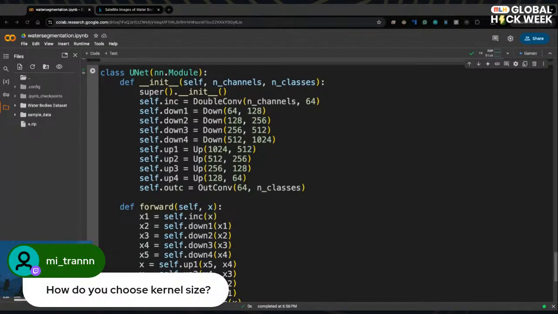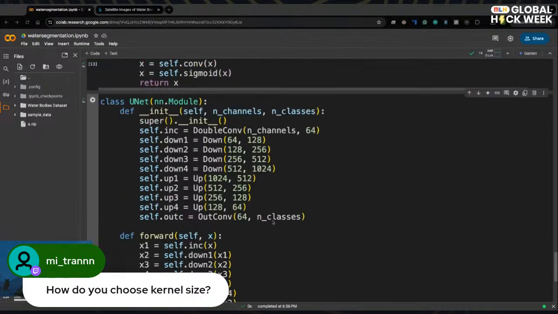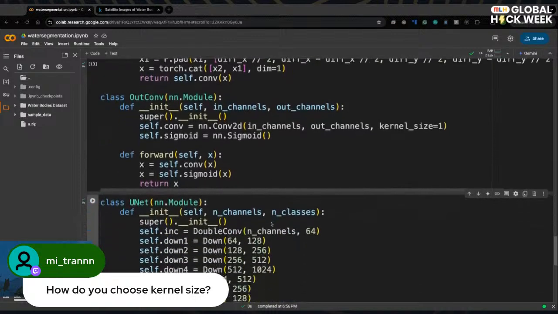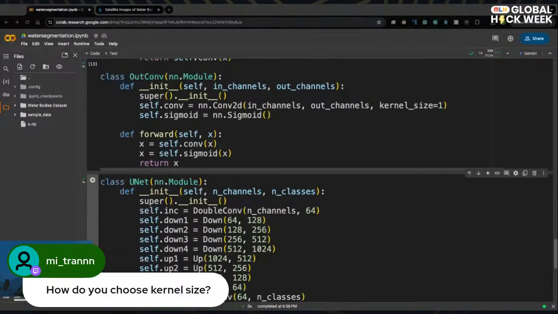Okay, so we did get a question earlier about how do you choose the kernel size. I completely misunderstood the question. The kernel size is actually usually you want to keep it as low as possible. Generally, the most commonly used kernel sizes are 3 by 3 or 5 by 5. And the kernel size is really just to reduce the number of similarities that you have between maybe multiple classes that you're trying to have this model determine the similarities between, right? So the fewer classes you have, the more likely the model is able to pick up on relationships and similarities